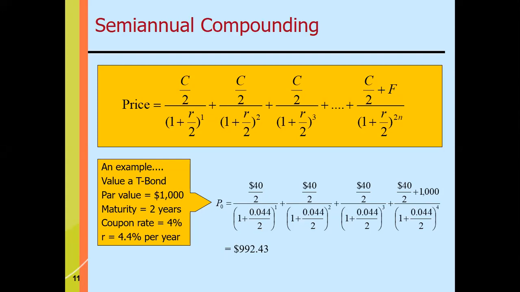At this point in time, you should be pausing to be able to verify that and compute that in your end. I repeat, we can simply do this by not dividing the amount of coupon by 2 and the rate by 2 if this is annual. So we will get $992.50, which is, of course, in terms of difference, 0.07,